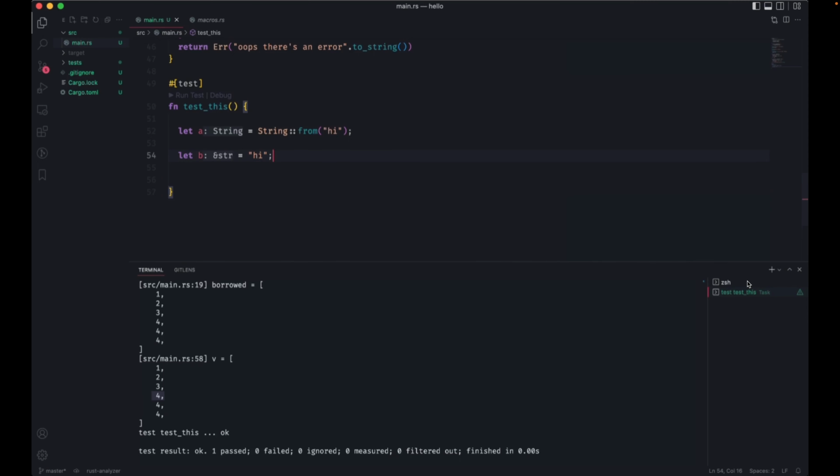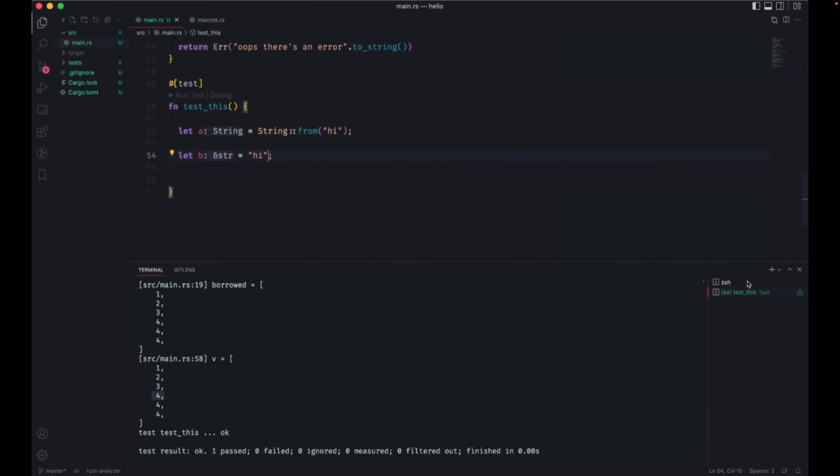So this is what's weird about Rust when starting, and this is a safety feature of Rust. This is not throwing "hi" on the heap. So it's not going to the same place as the one above. It's not going on the heap. It's actually going into static code in your binary, going to static memory.